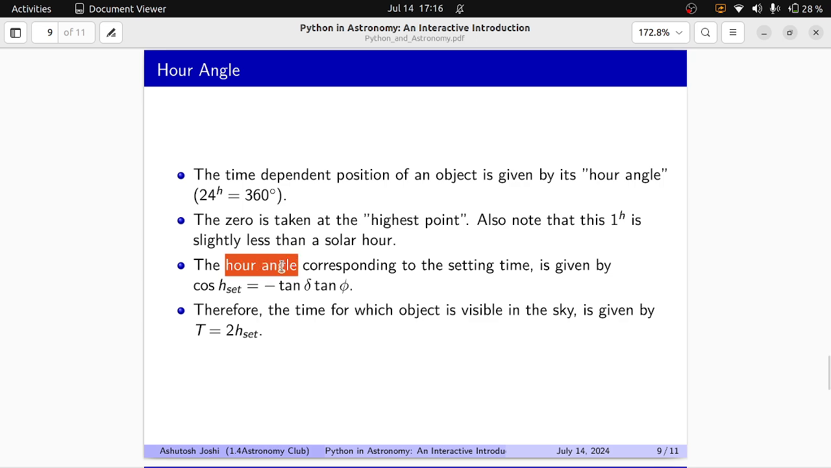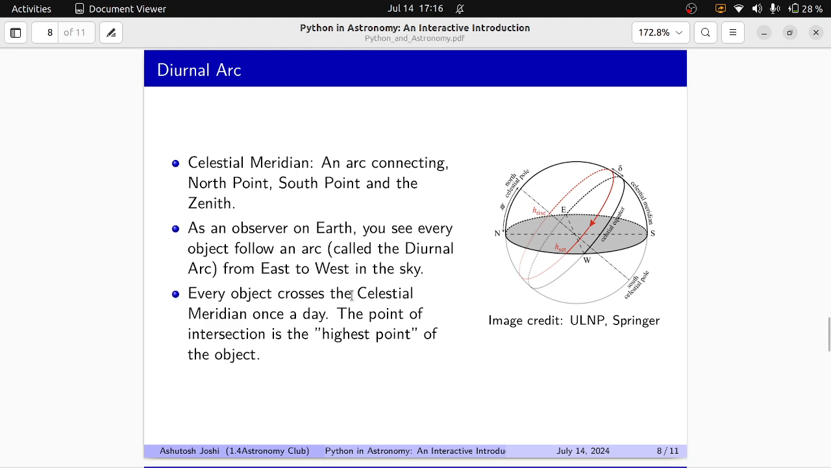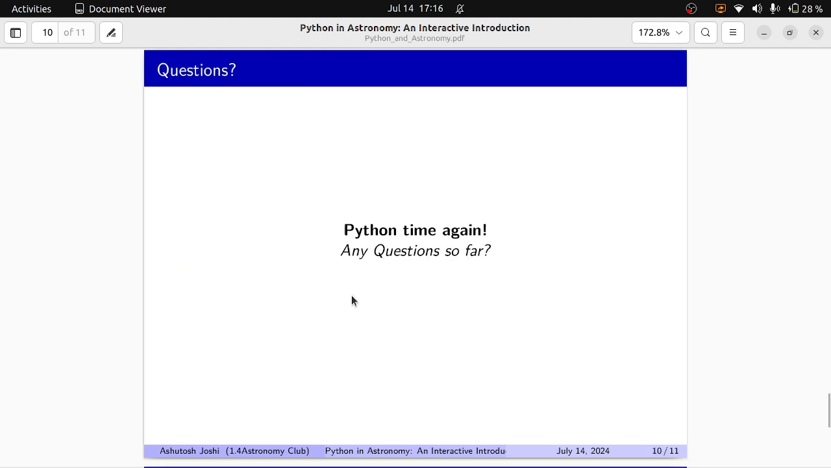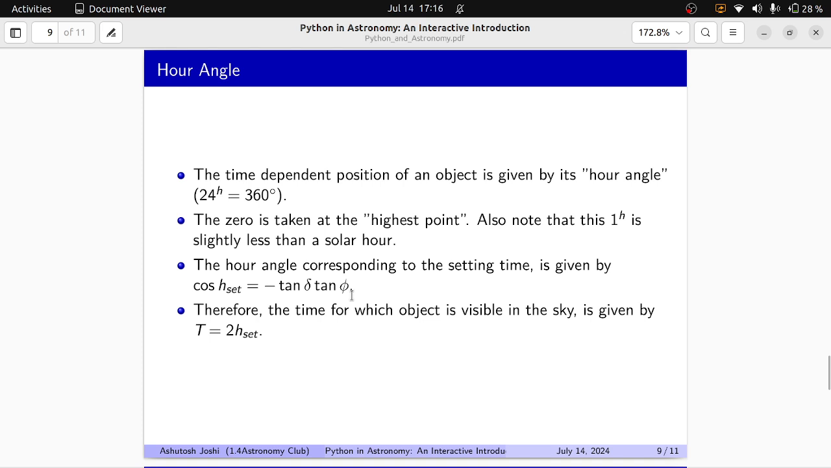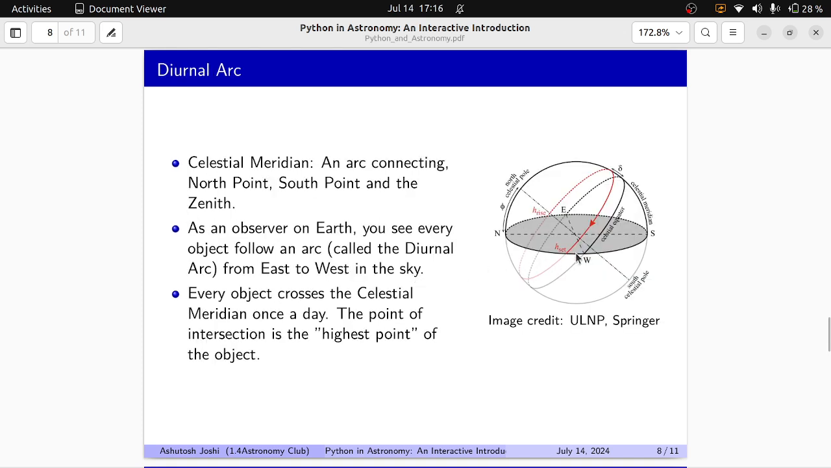I would not have time to derive the formula, but the hour angle at which the object sets has a formula, given by cosine of h set is equal to minus tangent of delta times tangent of phi. So what are delta and phi? Delta is the declination and phi is the latitude of the observatory where you are observing from, okay? And then if you know what is the hour angle when the object sets,